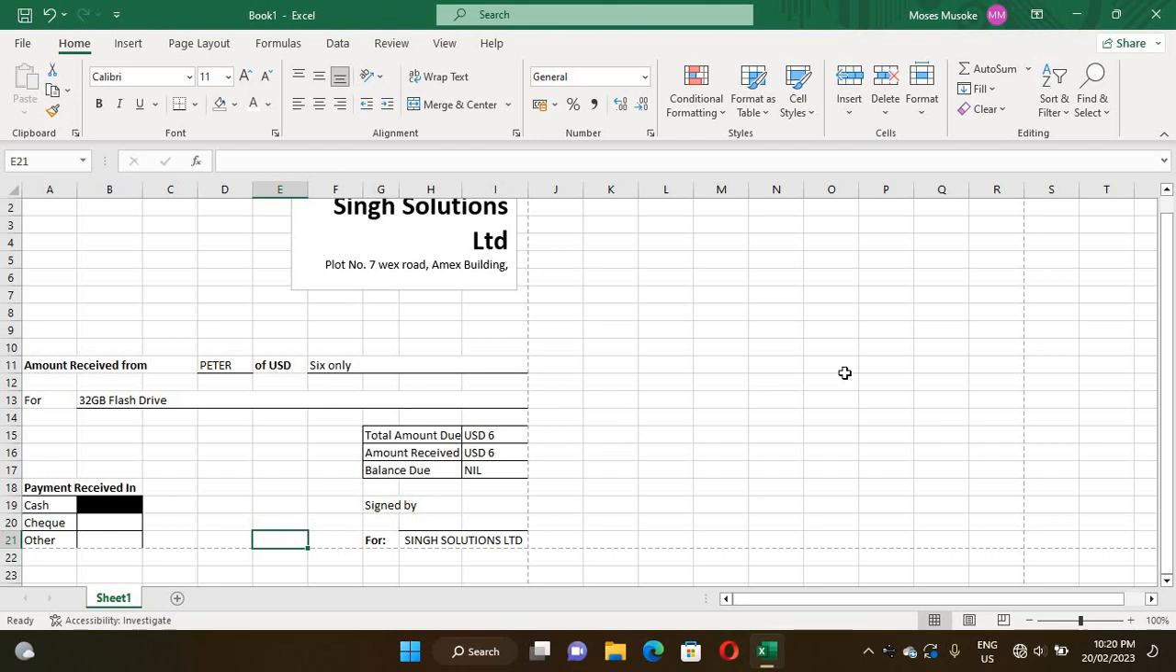We put the word 6 only. So now the next thing to do here is to skip one line, okay, and we put the date for the receipt. I say 23 Feb 2020. Okay,